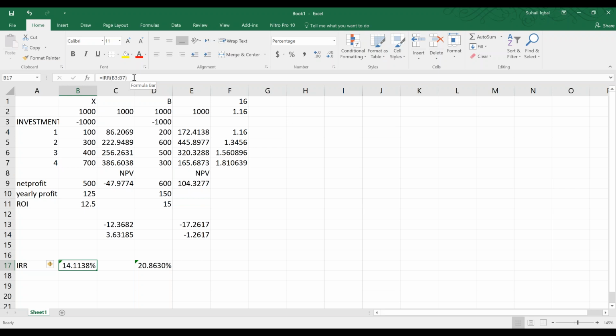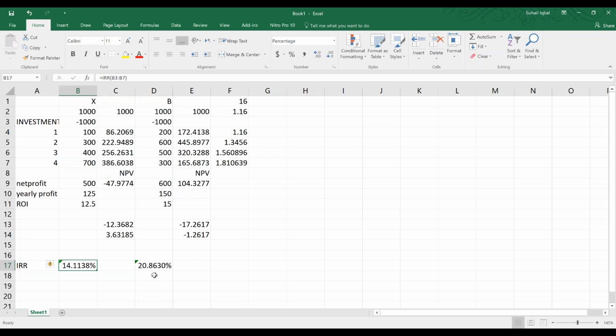जी जी, फार्मूला बड़ा सिंपल है। आपने क्या करना है, लिखना है इक्वल टू आईआरआर, और ब्रैकेट के अंदर ये रेंज दे देनी है यहां से यहां तक। तो वो ज्यादा गैस वर्क करने की जरूरत ही नहीं पड़ेगी, वो खुद ही बता देगा कि आपके प्रोजेक्ट का आईआरआर ये है।